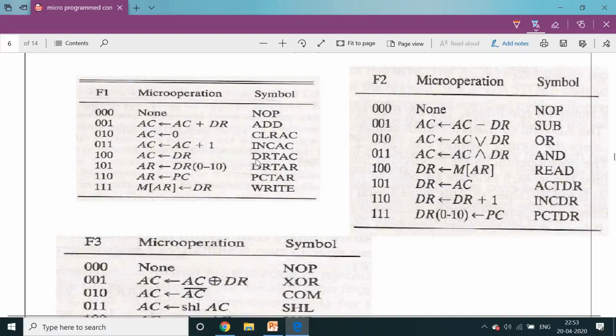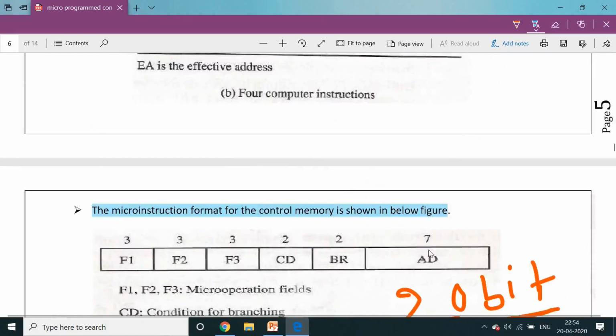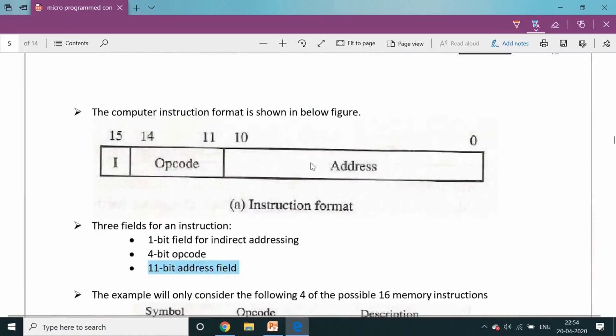Next, 100. Here T indicates transfer. That means the DR register value is transferred to AC, DR to AC. The representation is like this: 101, DR to AR. Here DR of 0 to 10, that means the data register's bits 0 to 10, is transferred to the address register, because the address register size is 11 bits, since the address in the instruction format is bits 0 to 10.